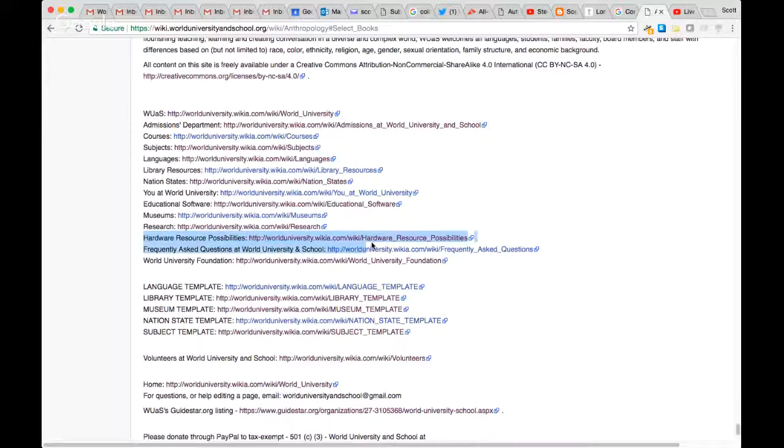Hardware resource possibilities, what Raspberry Pi, what interesting creations of robotics from, say, Lego WeDo 2.0 education kit are there that could be helpful in a teaching and learning context. Frequently asked questions, and lastly, the World University Foundation.